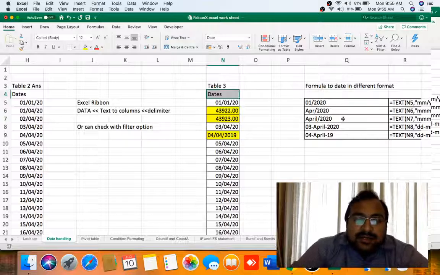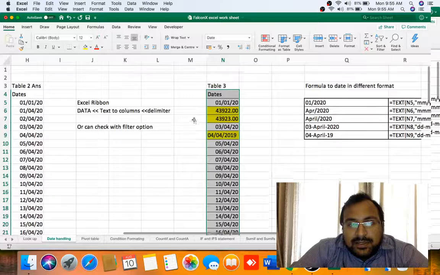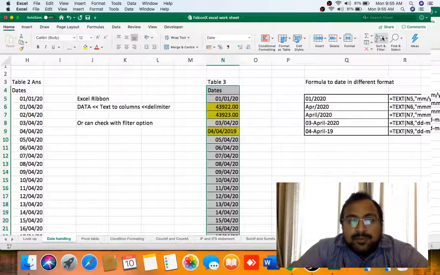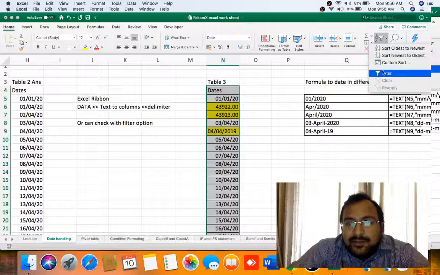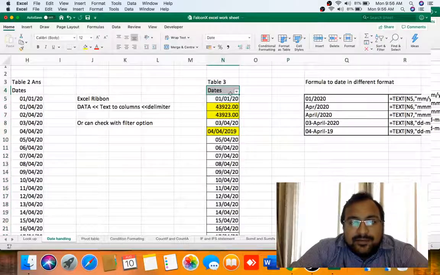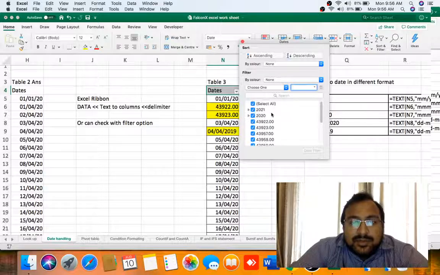Now, if the dates are wrong, they will not group themselves properly. Let me show you what I mean. Now I have selected the date column. If you want to check whether the dates are in the right format or not, you can put that column into a filter like this. Under the Home tab, Sort and Filter, I have inserted a filter. Now if dates are not proper, as you can see, the dates which are not proper do not club themselves in the yearly format.